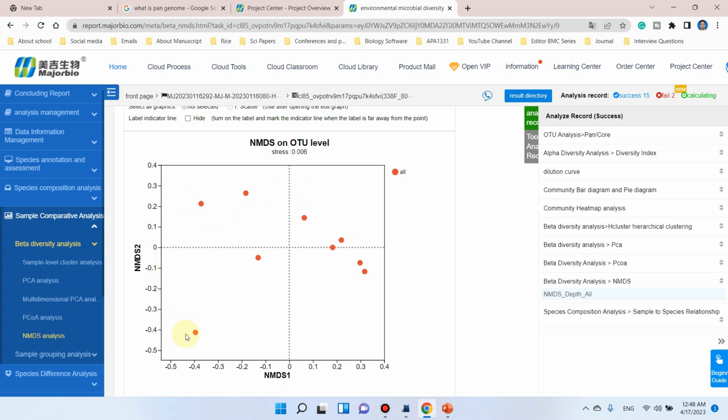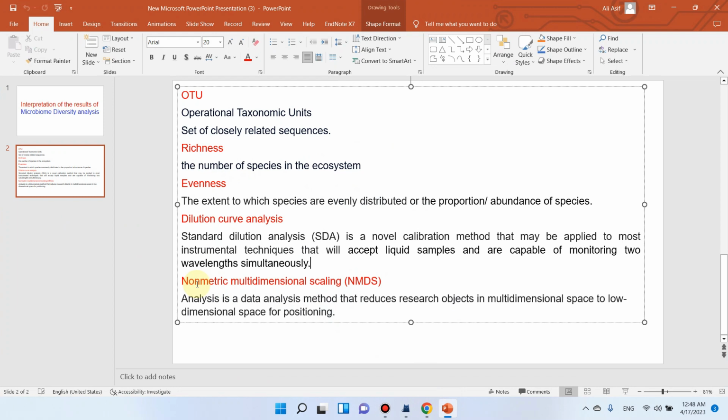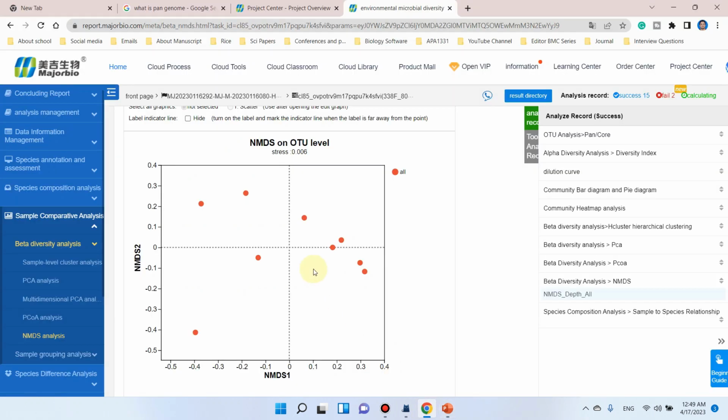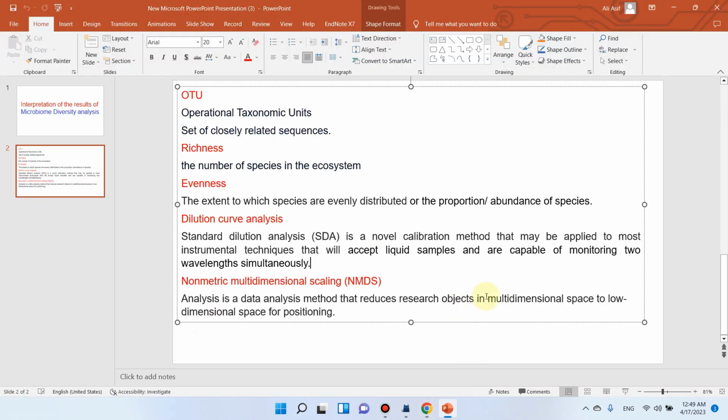So just to draw it on a 2D surface, we perform this non-metric multi-dimensional scaling test. So the overall purpose is only a data analysis method that reduces the research objects. It means here our samples are our objects, and it is just reducing the multi-dimensional space to a low dimensional